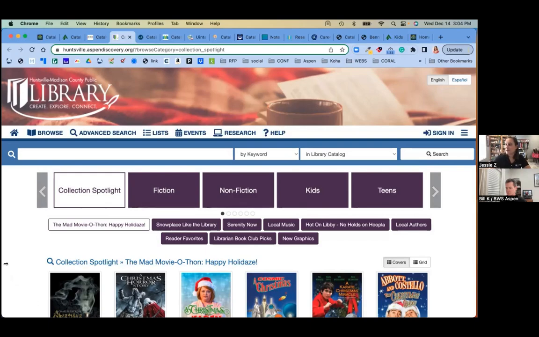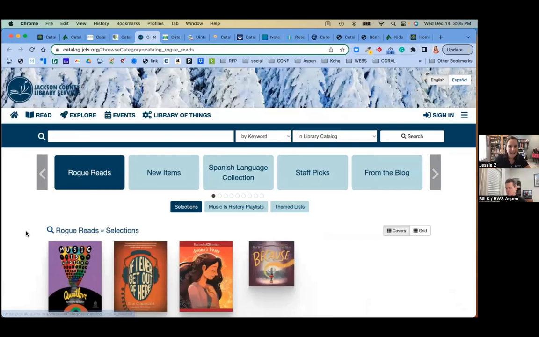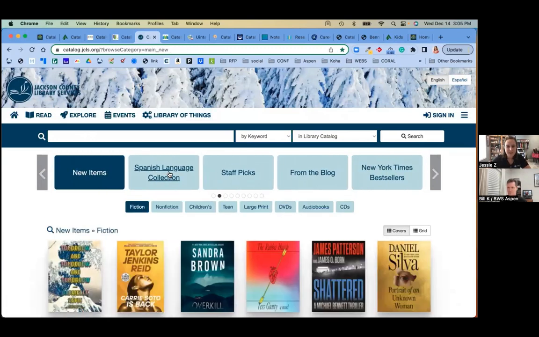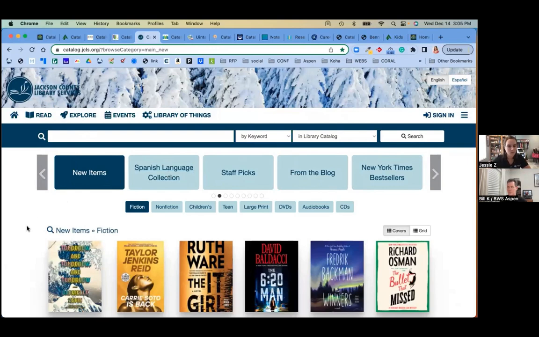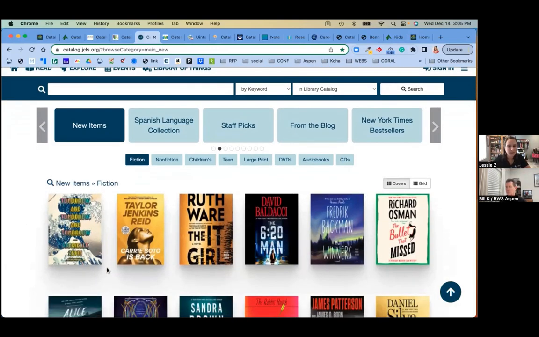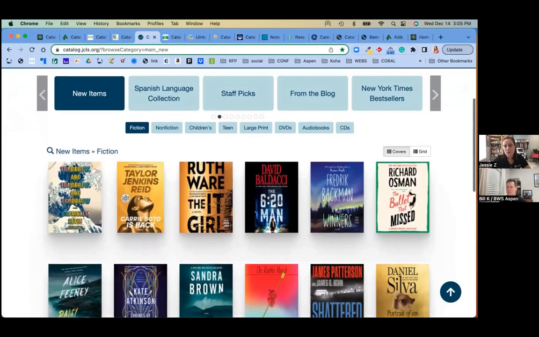The next one we are going to show off here is Jackson County Library Services. So again, in here you can see they do have a header that is pulled up. They also have a little bit of CSS that they are using with their browse categories. So if you come in here and look, you can see how their cover images stand out and have a little bit of shadowing behind them. This is a great way that